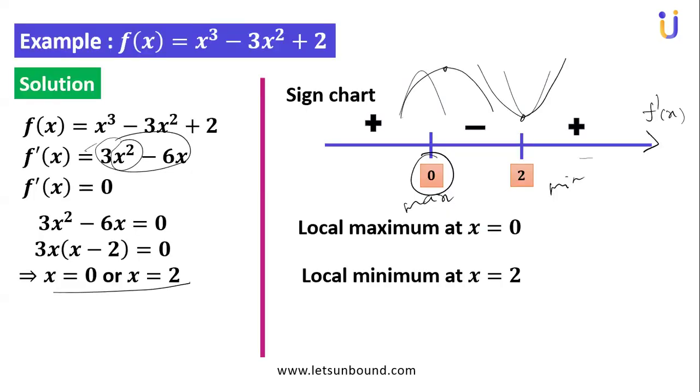If you want the coordinates, you just plug in x is equal to 0 in your original function, right? So 0 comma f of 0. This is 2 comma f of 2. Sometimes they will ask for coordinates. And that is quite simple substitution in the original function,